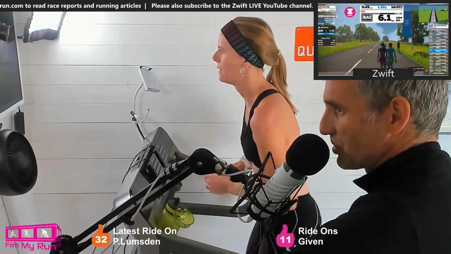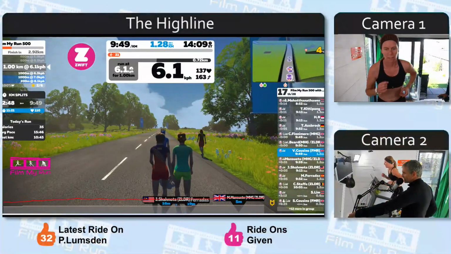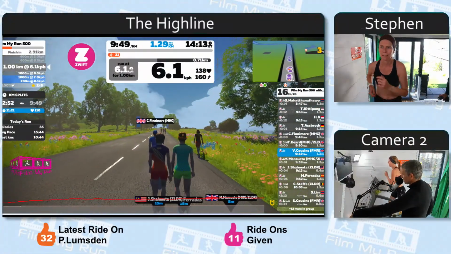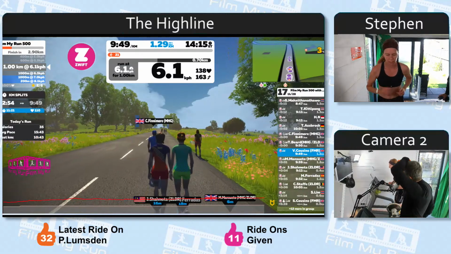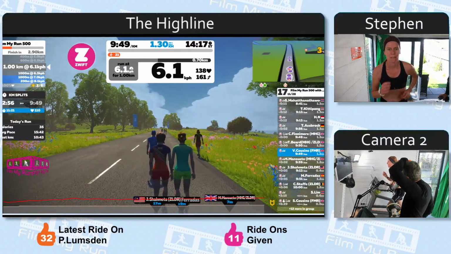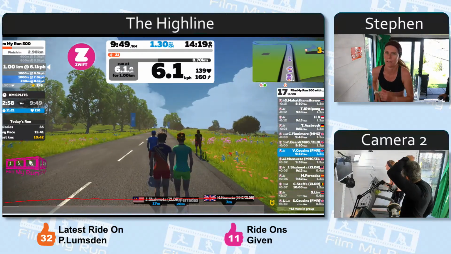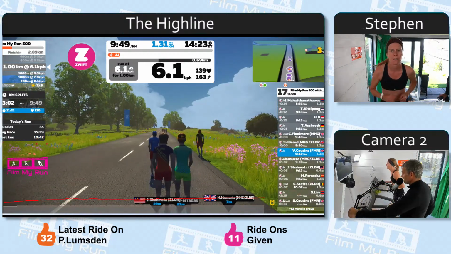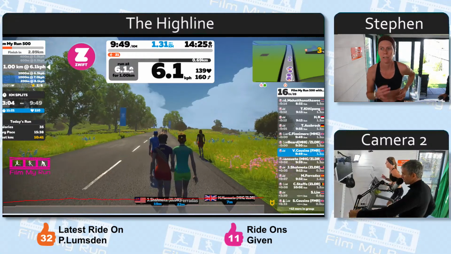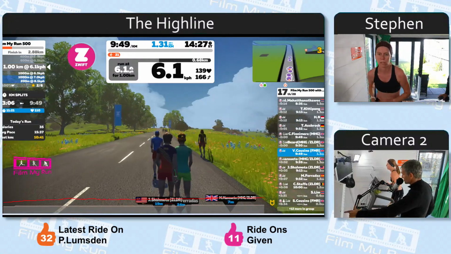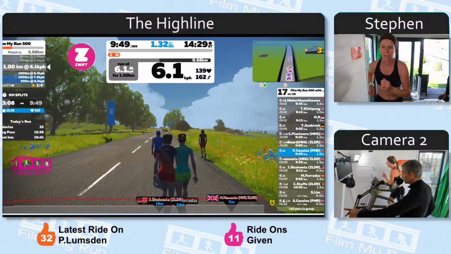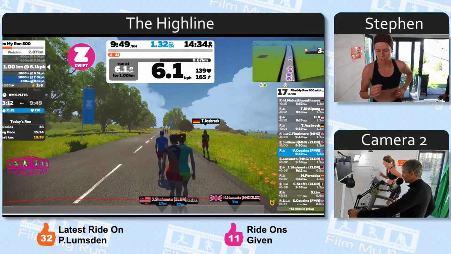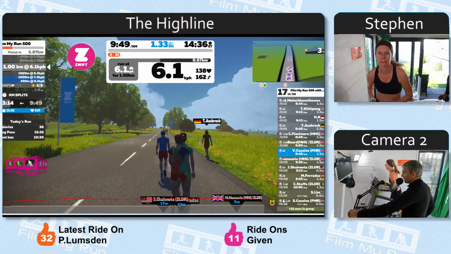TV Guy Australia, he says, on the list of things we would like is a good workout creator for Zwift. Yes, absolutely. There is ZwiftWorkout.com, which is a third-party workout creator. You can create time-based or distance-based workouts. You can't do power-based workouts on running, but I don't think many people would want to do that anyway.